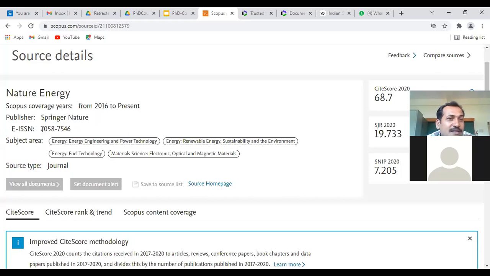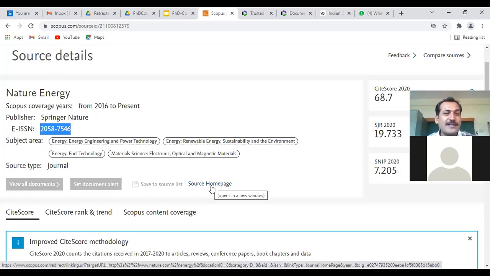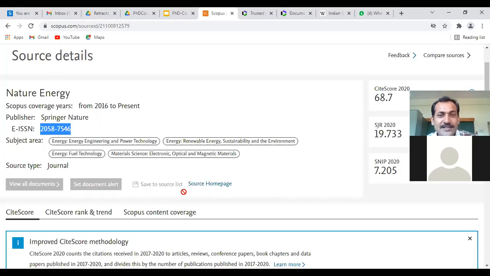And what is the ISSN number of the journal? It is the 2058. Right. So all this information which is required is out here, and we can see whether the journal is good or not. And if I want to publish the research paper in this journal, I will go to the web page of this research journal, right? Which can be seen from here, right?